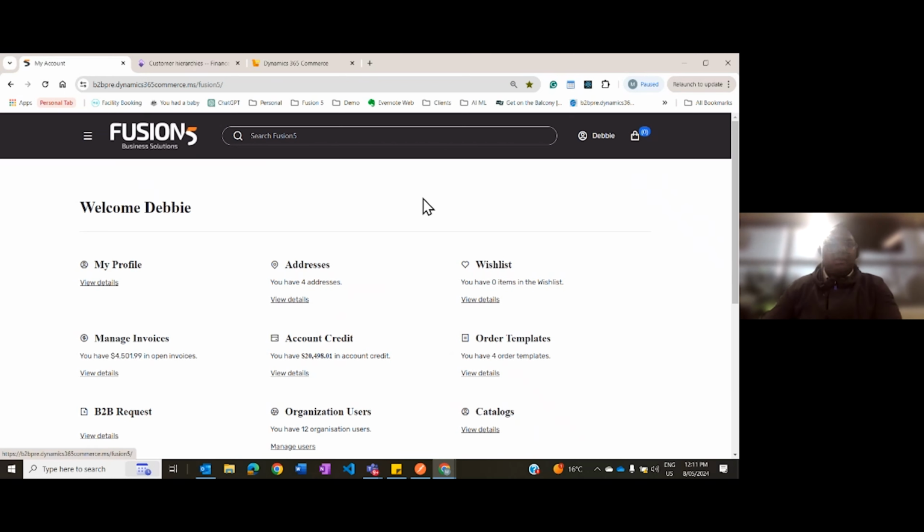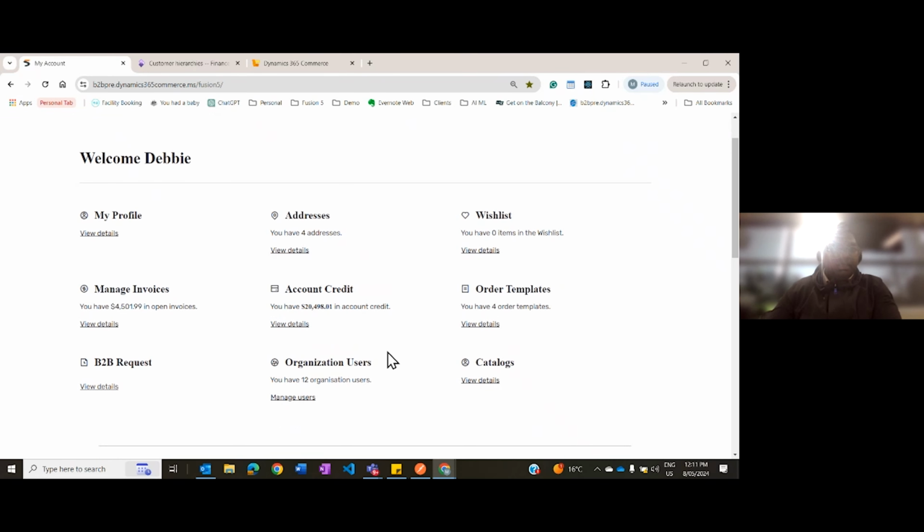And right off the bat, you can see that Debbie has her own dashboard, a home page that quickly summarizes her profile, her address, a wish list, her invoices, her credit, her order templates, and her organization users. We're going to dive into each one of these as we go through the demo. Firstly, the profile. Debbie has access to manage her profile,